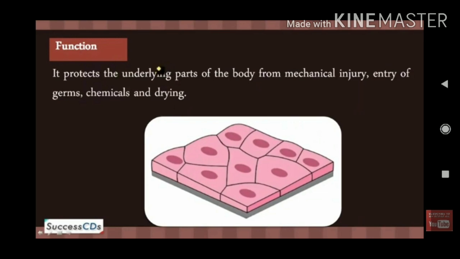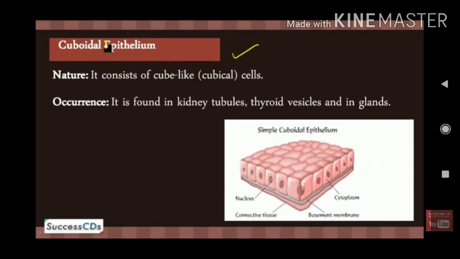The lining of the lungs is made up of simple squamous epithelial tissue, because the lungs need to take in oxygen and transport it to the blood. Once again, they collect the carbon dioxide from the blood also. So it needs space, so it is just a thin layer lining the larynx.